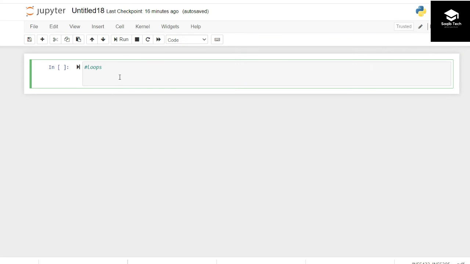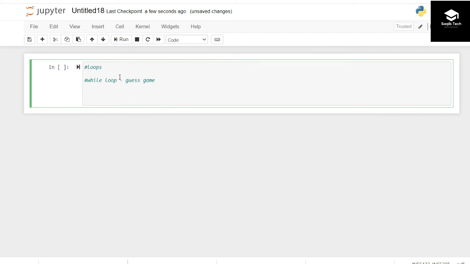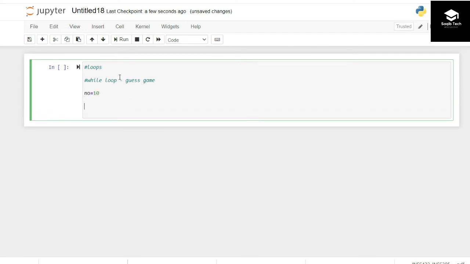So we will be checking loops now, and first we will be checking the while loop, and we will be doing a guessing game. Okay, I told you that we will get a number from the user and check if the number is correct or not. For example, I am setting number equal to 10. Now what we will do, we will apply a while loop to check if the guess is correct or not. First we'll get input from the user. Getting input is very easy. For example,